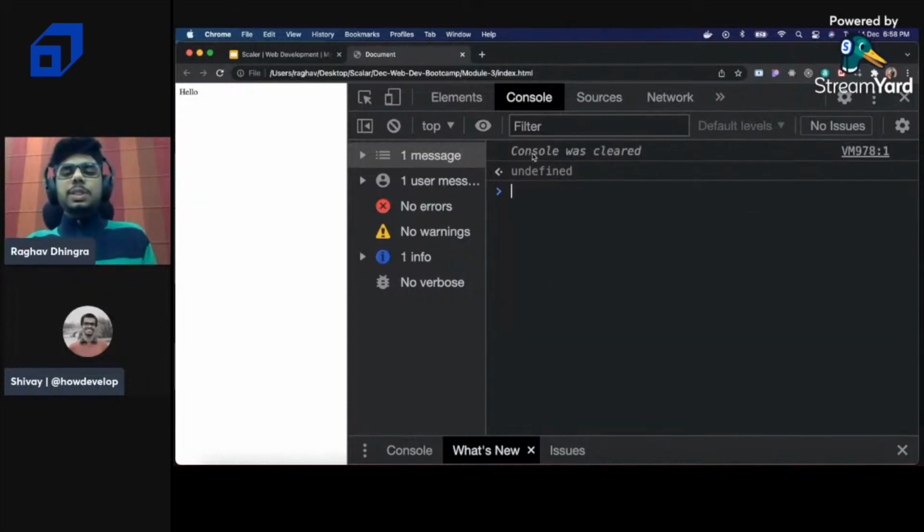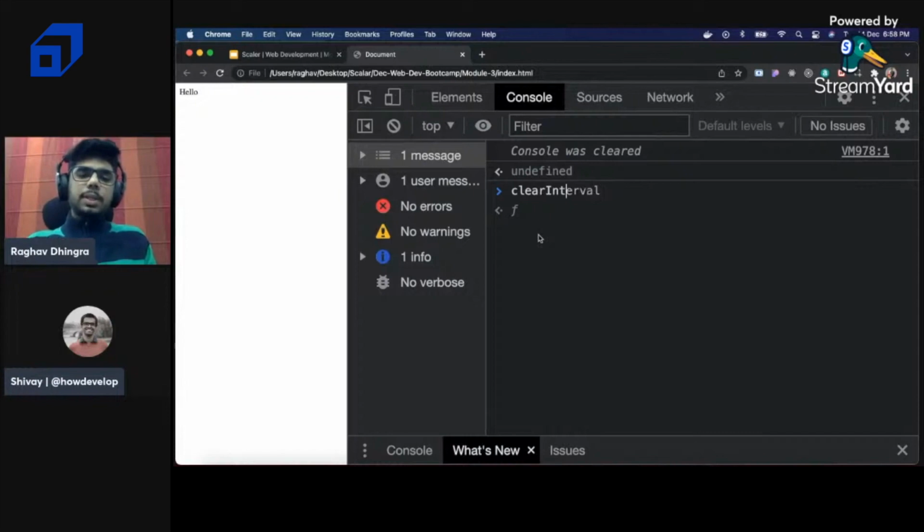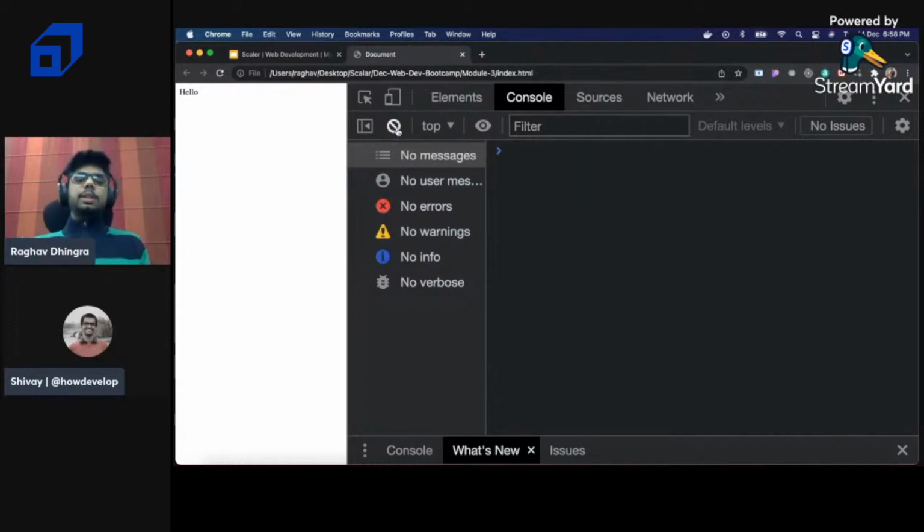And yeah, so basically you can clear the console by just writing the clear command, or just by hitting on this cross icon. So basically it clears the console. So the next part is